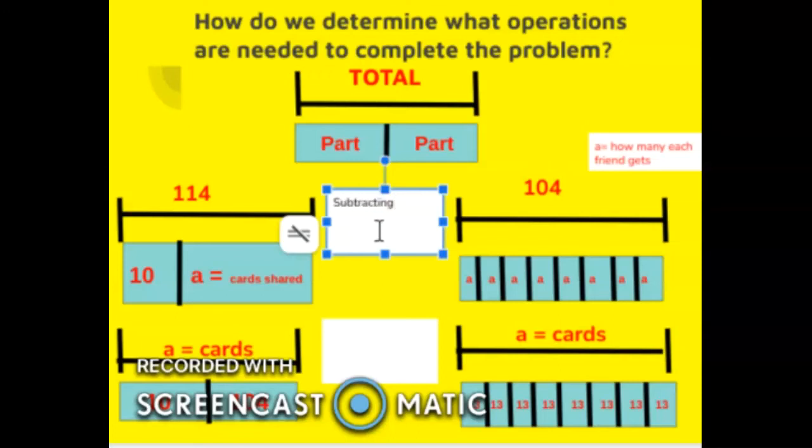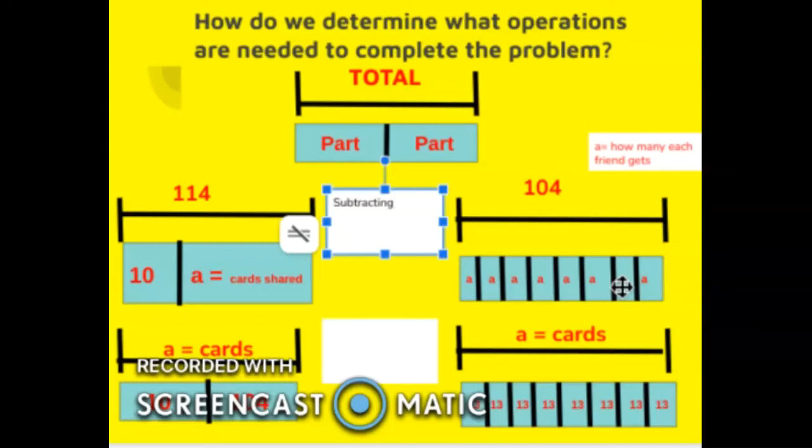Now, if we're over here, we know the total number of cards. We also see down here that we're looking for how many each friend gets, but we don't know how many. We know that there's 8 friends, and that's what these boxes stand for. 1, 2, 3, 4, 5, 6, 7, 8. We know 8 friends are going to share those, but we don't know how many cards each friend is going